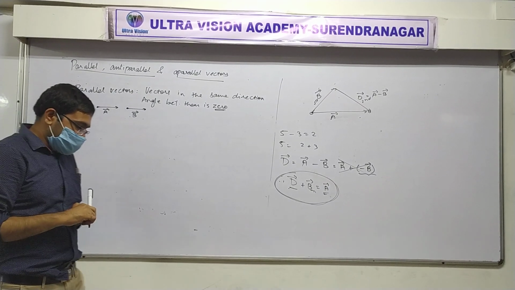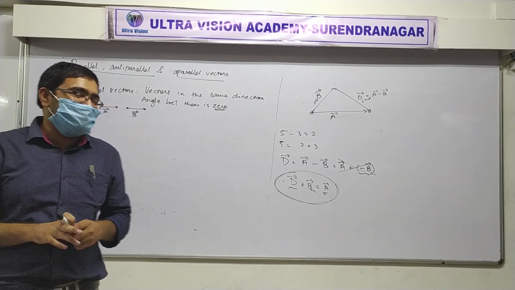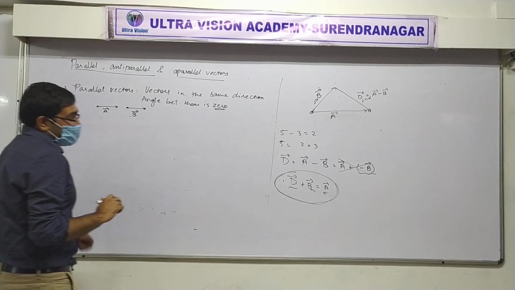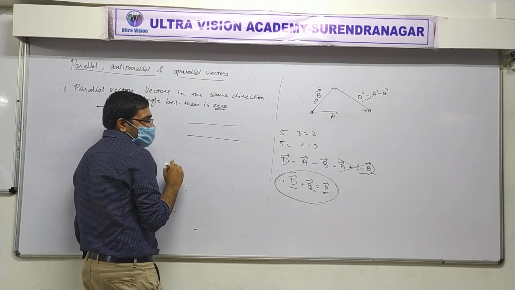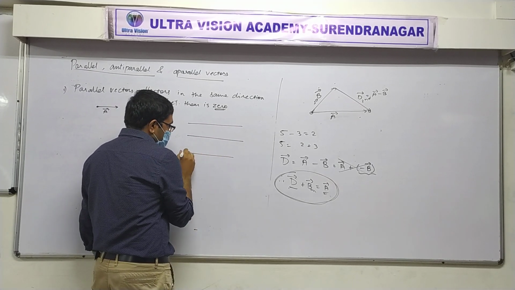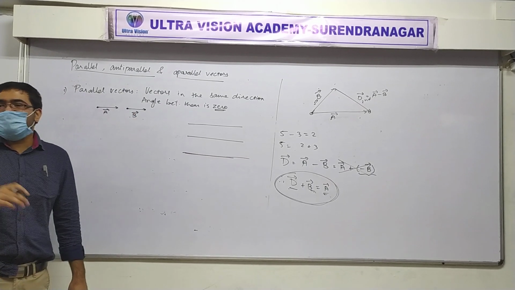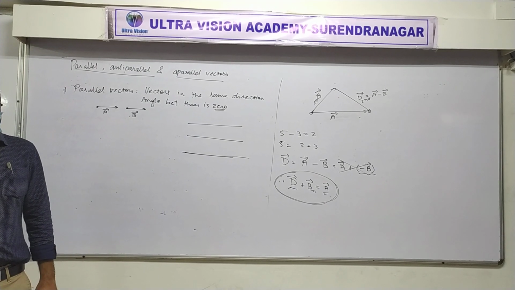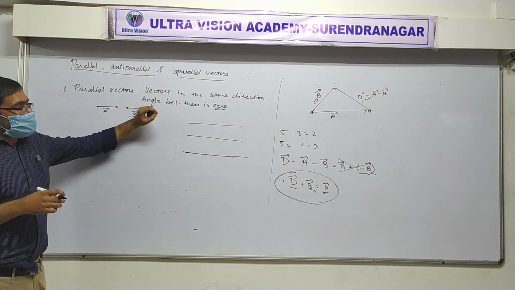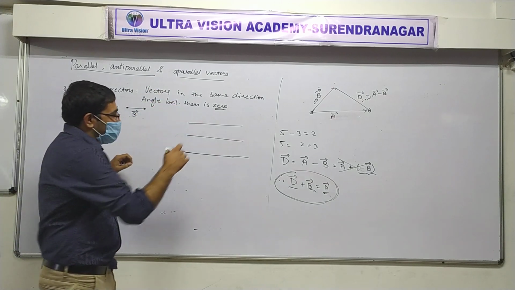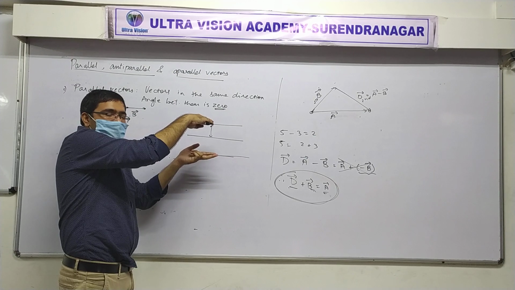One thing that you might get confused with, if you remember what you have learned in geometry earlier about parallel lines. This we call parallel lines. Yes or no? If you draw one here and draw another exactly on top of it, then they are called coincident. We say that the lines are coincident. So in lines, when you say parallel, they don't touch each other and they are different from each other, right?